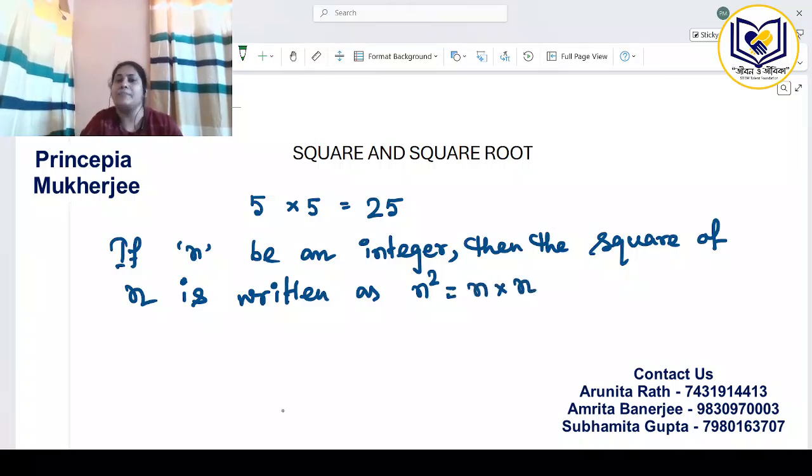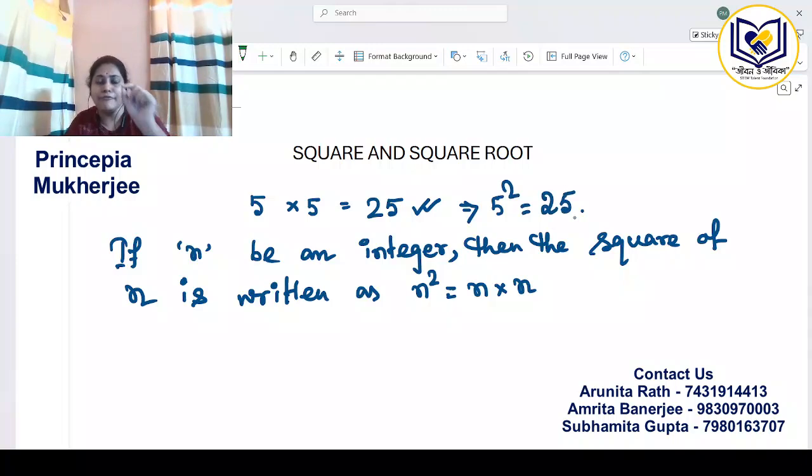It's n times n. Okay, now we will consider another thing right away. Look, here we got 5 times 5 is equals 25. So according to this notation, 5 square is equals 25. So following this pattern, I will get